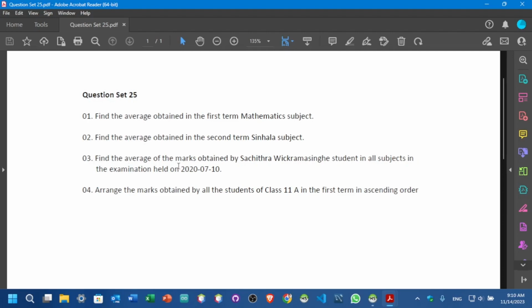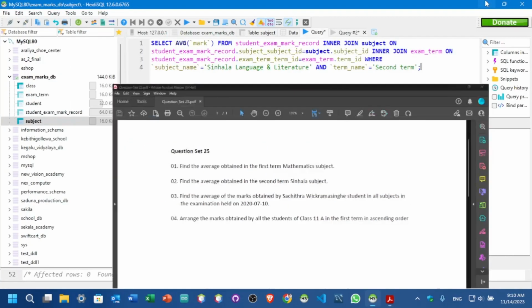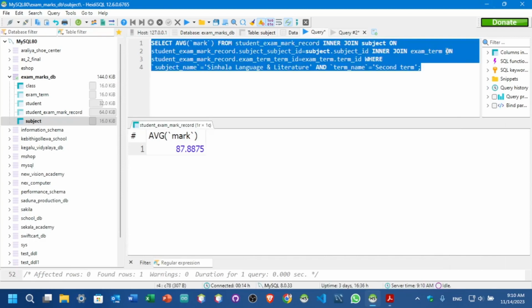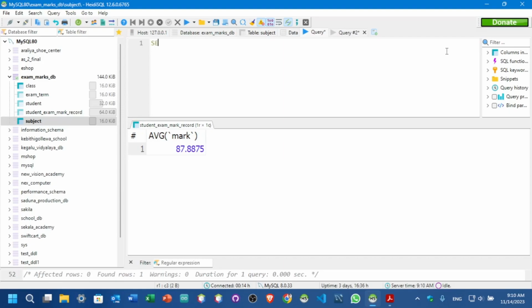Find the average marks obtained by Sachitra Wickramasinghe student in all subjects in the examination held on this date. So we have to find the average mark of a student. So we can execute a query. Select average mark from the student exam mark record table,